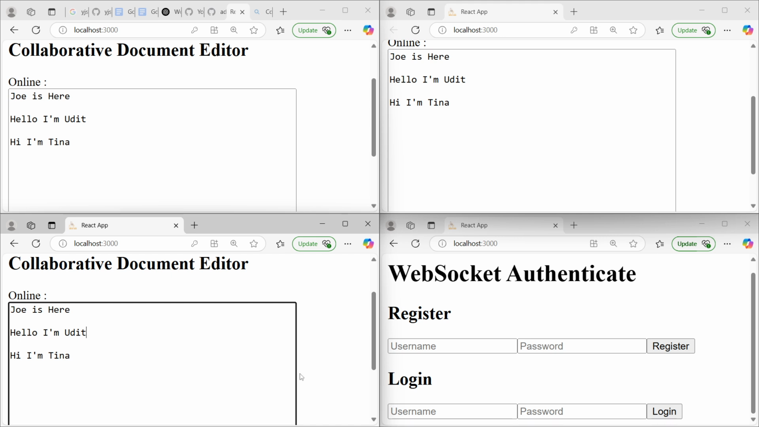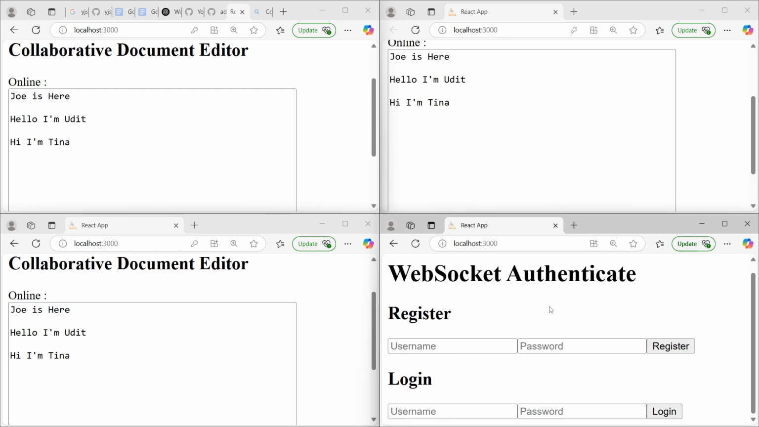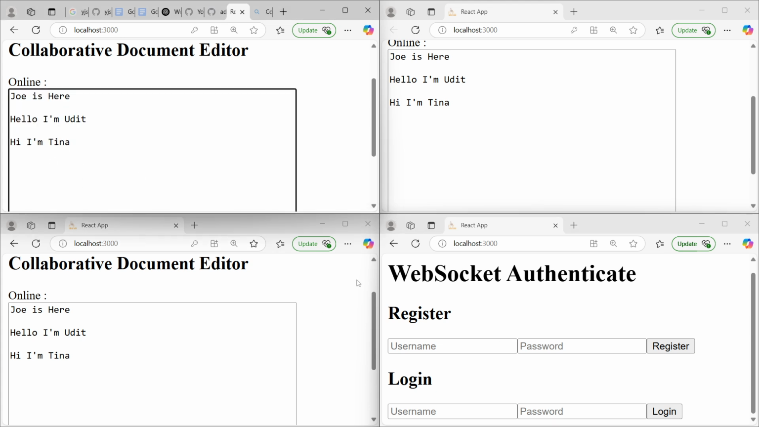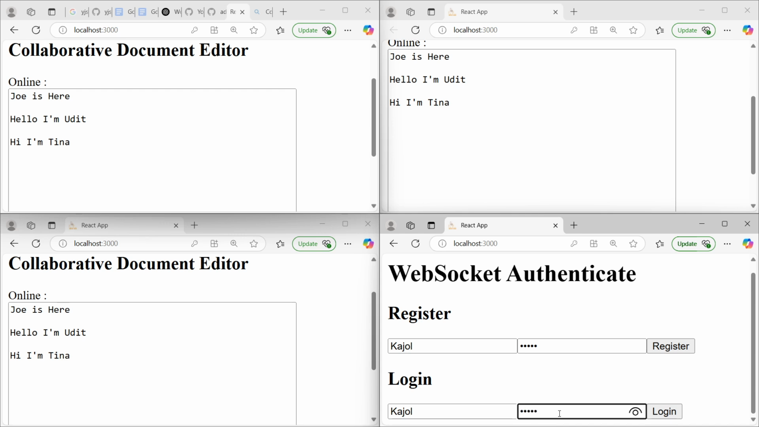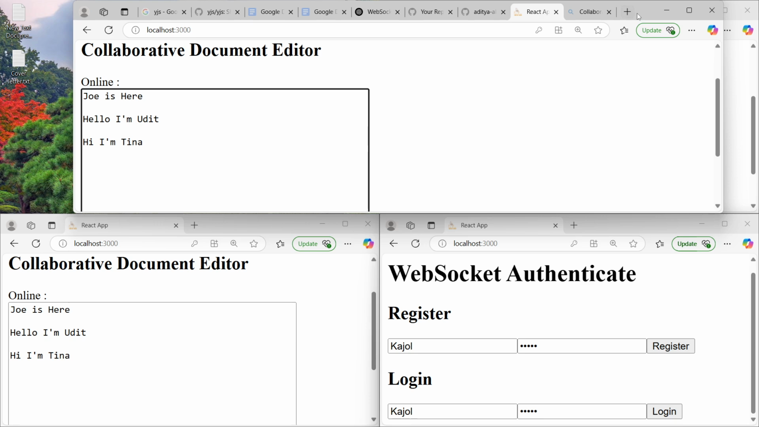So what I want to check now is, when a new user registers, is that user able to see the same state of the document? So whenever a new user registers, let's say Kajal, let's register Kajal first, and log in. Kajal should be able to get into this editor